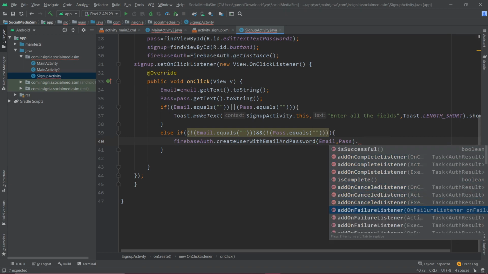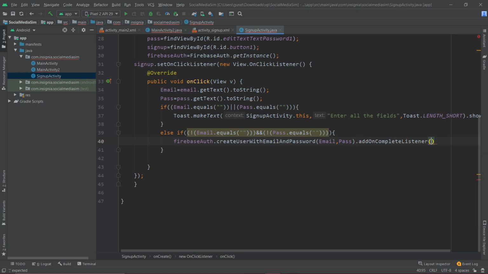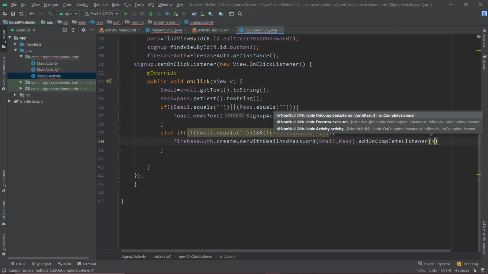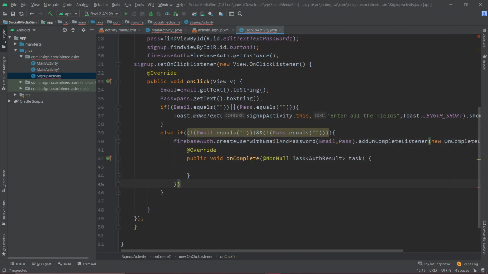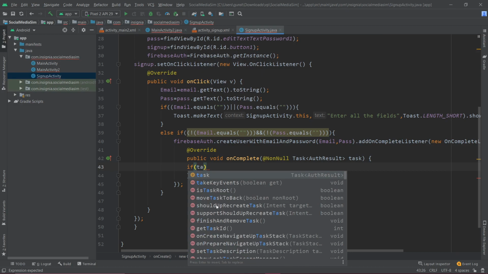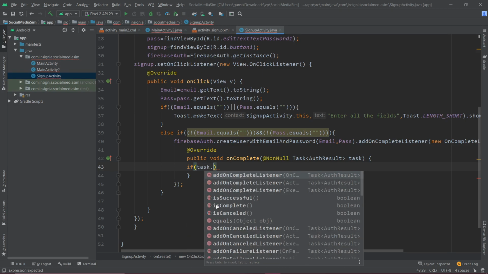So we need an add on success listener. If we add an on success listener, it will return only if the task is successful. We need to check if it is verified or not, right? So we'll use an on complete listener for this too. So add an on complete listener, new on complete listener. So we'll check if the task has success. So if the task is successful,